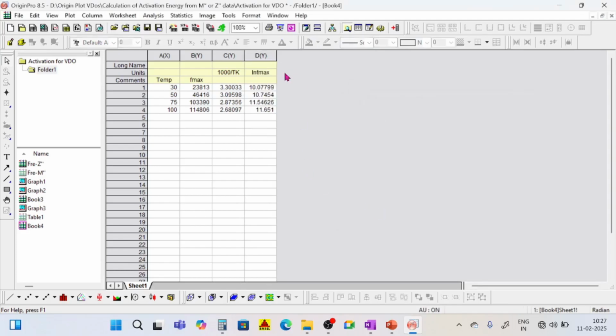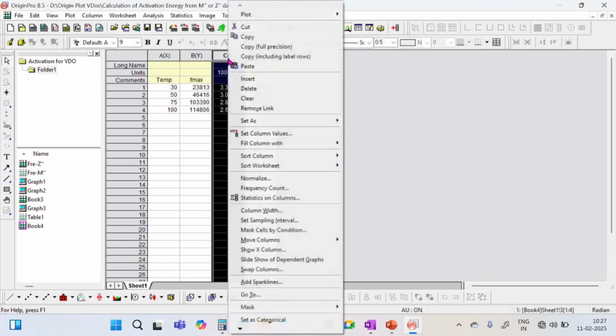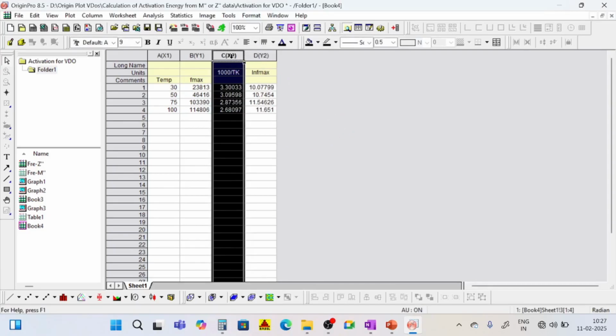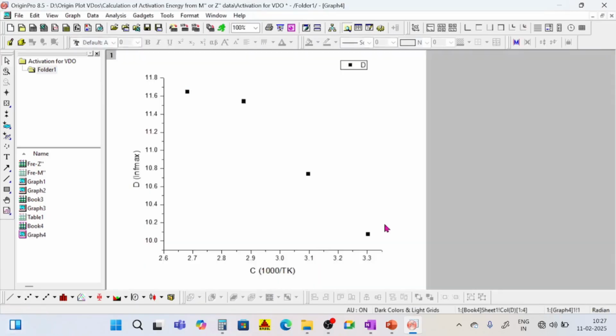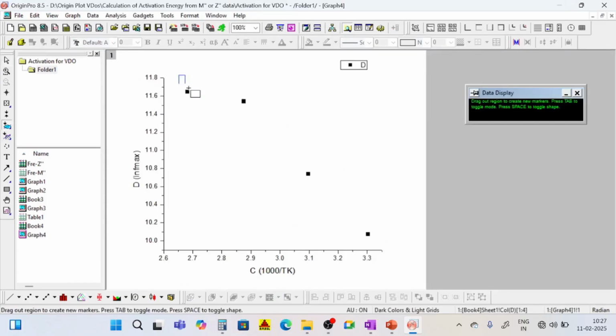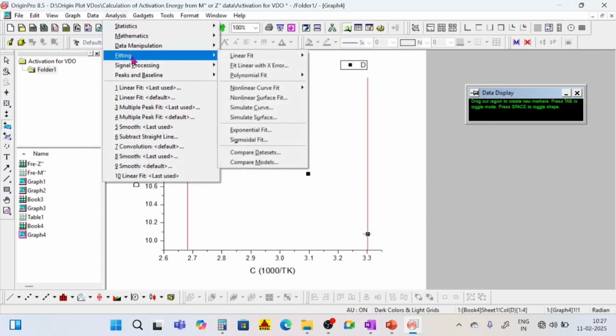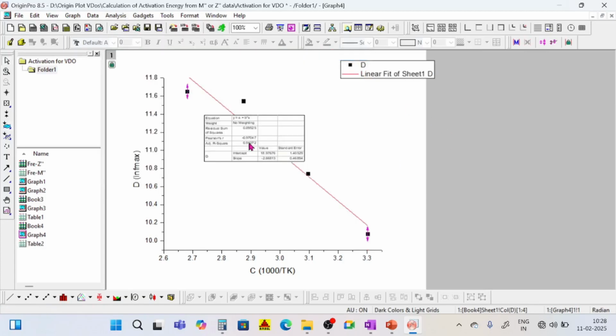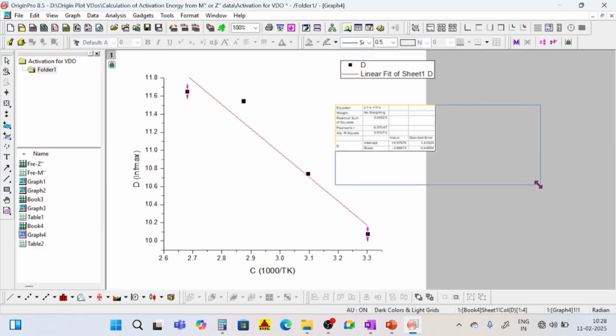Okay, so here we found this is the x-axis data and this is the y-axis data. You just select both and plot the points. We have to consider all the points for our fitting. Select all the points by considering the region data selector and go to the analysis, go for fitting, linear fit, and just click on last used, because last time we did the same. So it will automatically fit the data and it will provide the